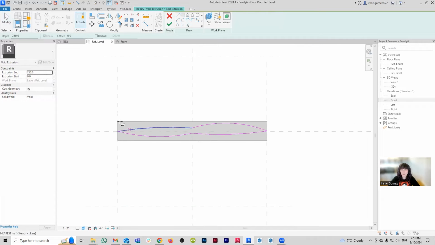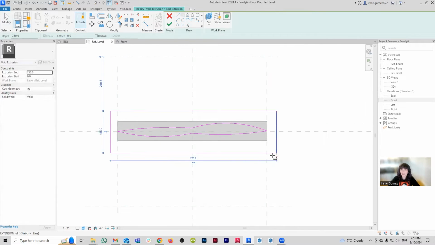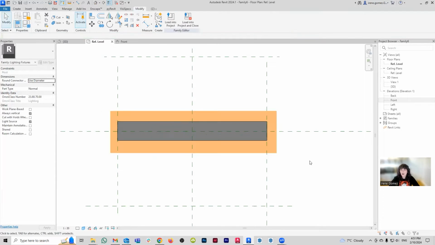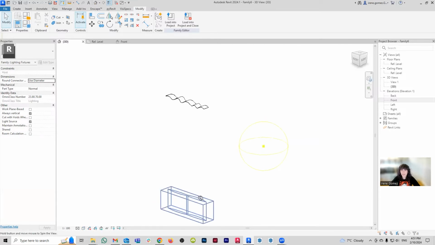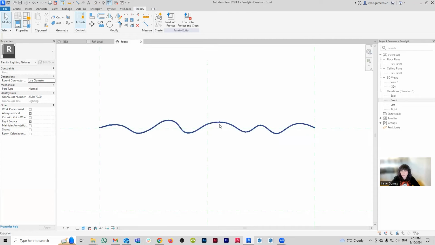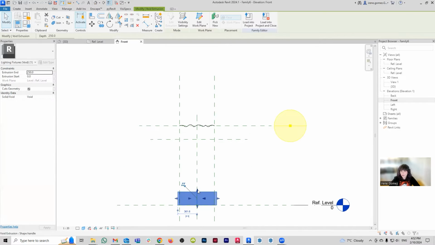And then what I need to do is make a box, because basically what we want is to cut the excess and keep only this. So this rectangle is my initial void, and then I'm leaving an exception within the void. That makes more sense. Now, you cannot see anything yet because see how the void is showing orange? When a void shows in orange, the void is not really interacting with anything, so Revit doesn't know that it's supposed to cut anything.